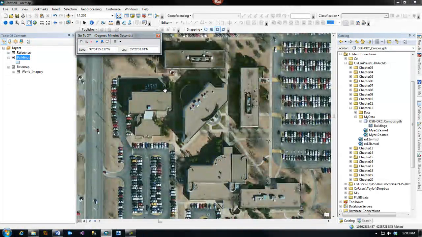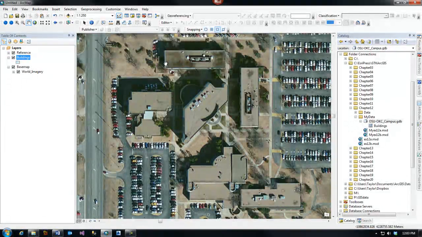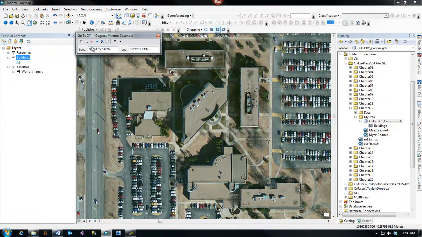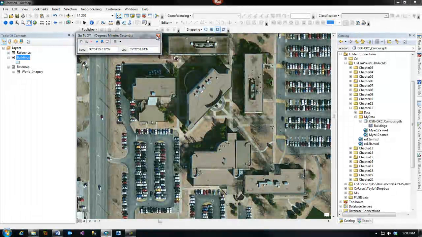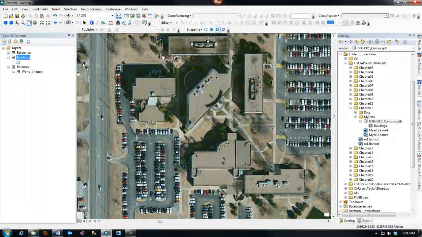Zoom in a little bit more. And we can close this dialog. So now, and I'll just open this just to show you. There. Okay. So now we are zoomed to the campus,